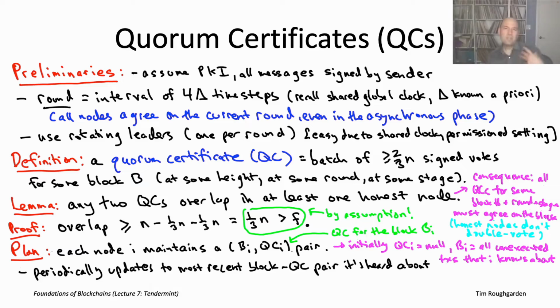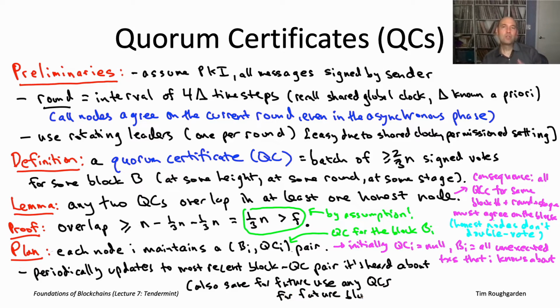this point. One other detail, I said conceptually the different single shot consensus instances are not going to be interfering with each other, right? A node working on block number 9 never worries about messages on any other blocks. There is an exception to that. So if you're working on block number 9, you're definitely going to ignore messages from previous blocks. Those are already decided. You don't care anymore. For future blocks, you're going to ignore a lot of stuff, but if nodes are ever circulating around quorum certificates for a future block, like say block number 11, you just remember those. You just keep those in your back pocket. They're not going to be relevant to you until you yourself catch up and get to block number 11, but you want those quorum certificates from the future block saved locally so that you can take advantage of them when you do eventually catch up and get to block number 11.